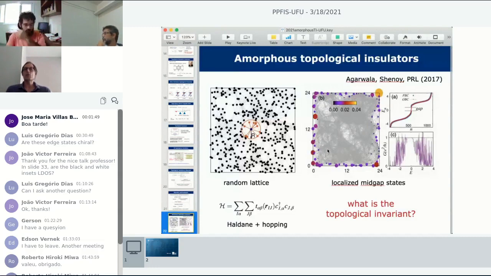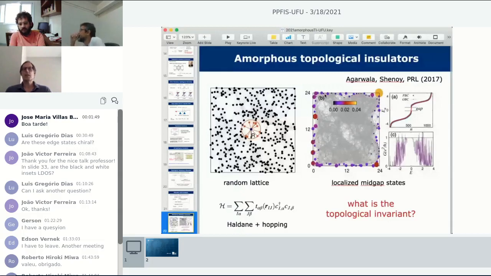And then what they do is that they compute, for instance, the density of states. Well, this is the cumulative density of states. That's some boring shape. If they put periodic boundary conditions, what happens is that you open a gap. If you have put the borders here, then the gap closes with these few states here. And for instance, if you plot one of these states, it's hard to see. Well, this is one of these states here in the gap.